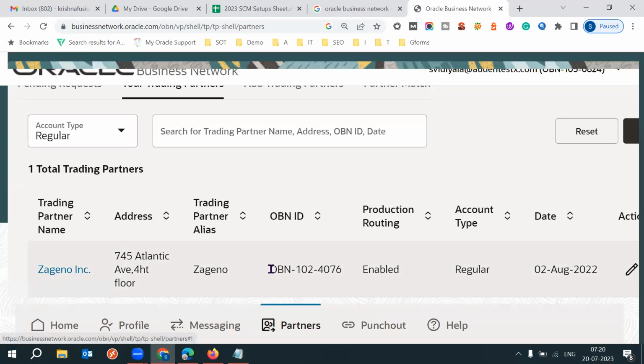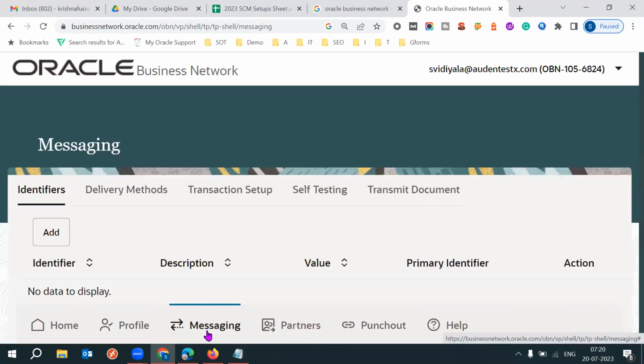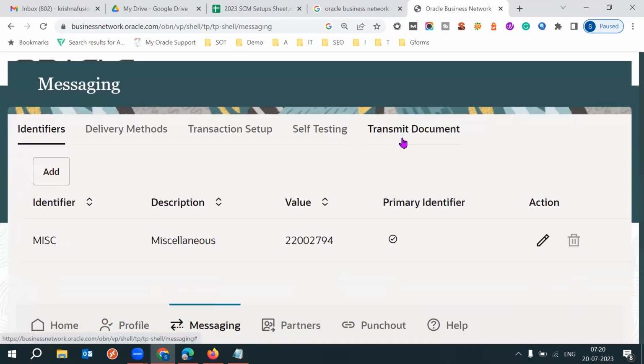And here in the messaging area, we have to configure which document you want to exchange. A couple of configurations are there for this functionality,